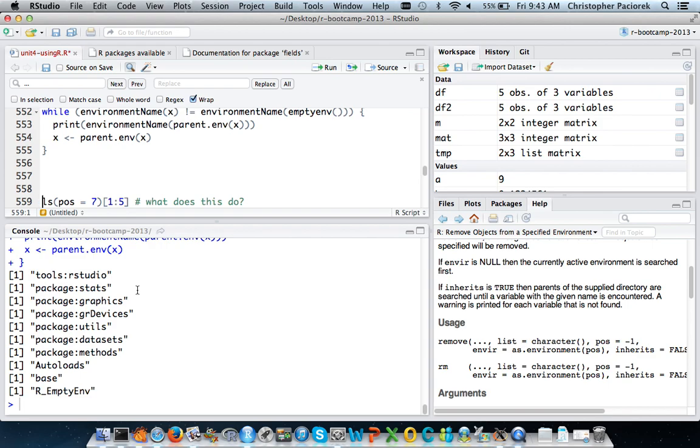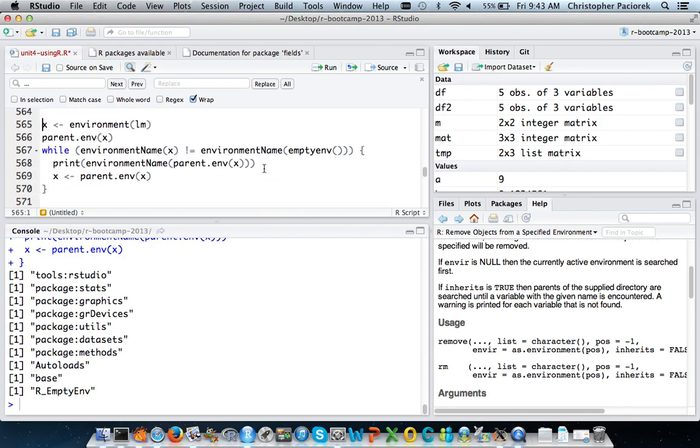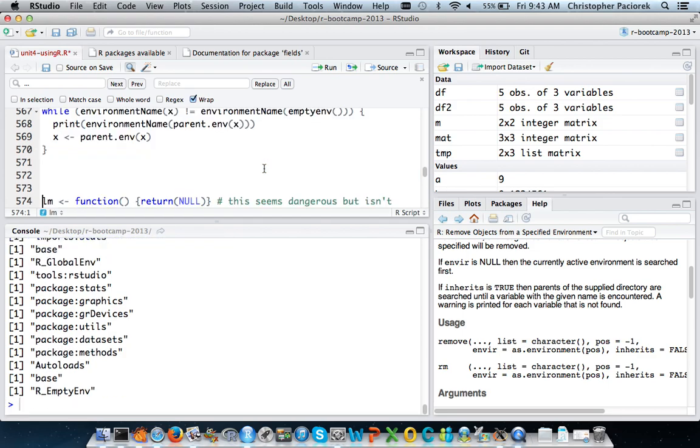This direction is what I meant by this direction on the board. So that shows us what these different sequential parent or enclosing environments are. And if we did that, I could do that with the LM function. I say first X is the environment in which LM resides, and then I could say, okay, what are the sequential series of parent environments for that? And this will show us that